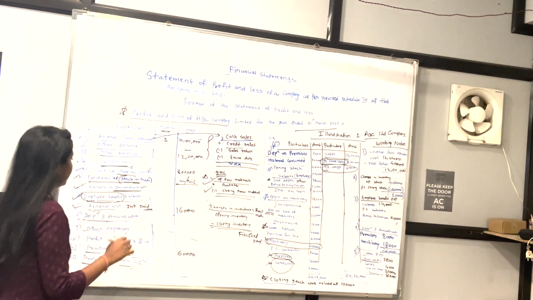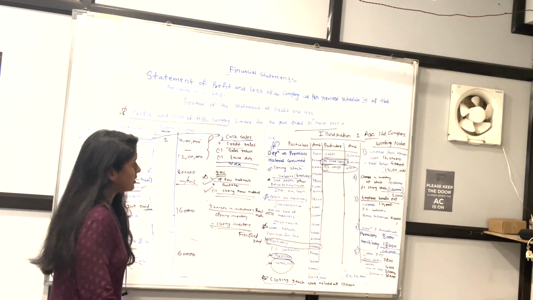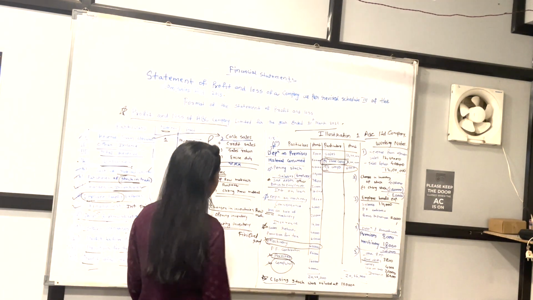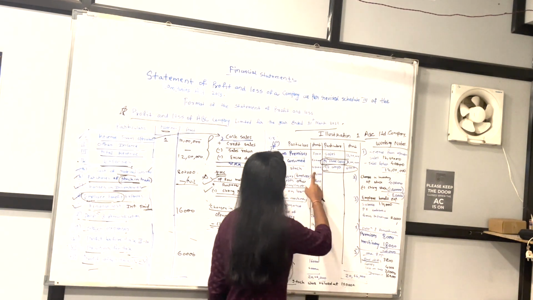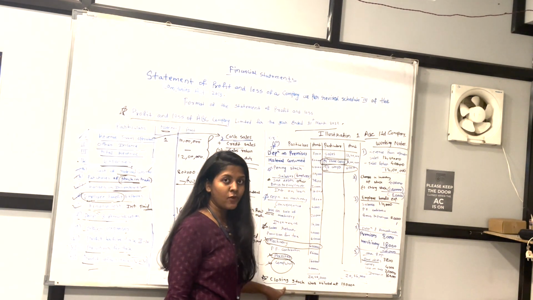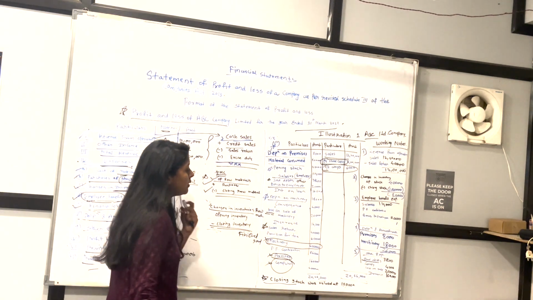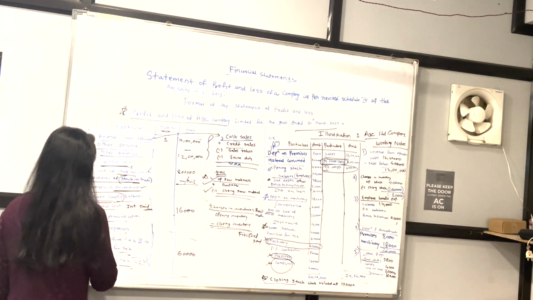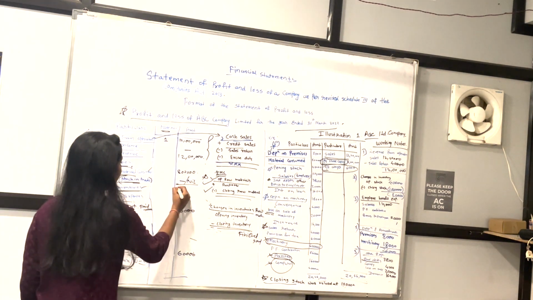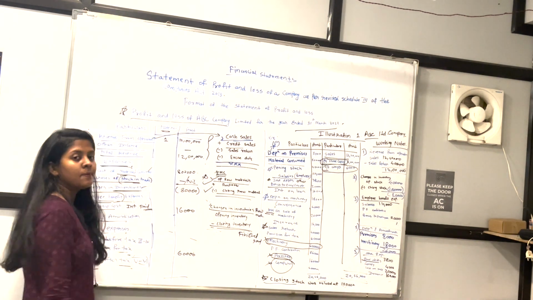Okay, then changes in inventory. What was there here? Opening stock minus closing stock. So how much we got? This opening stock was 40,000. Some additional information is also given. So closing stock was valued at 1,20,000. So how much we got? 80,000. So that changes in inventory is minus 80,000. That minus part you have to show in the bracket.